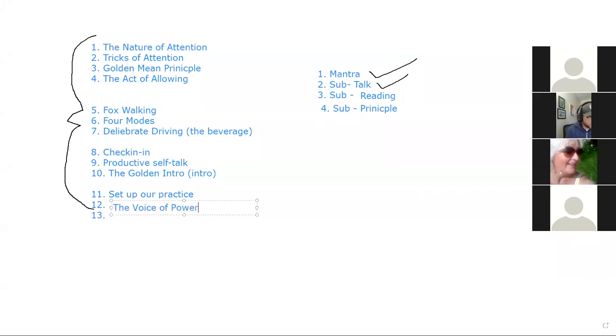And we are almost done with basic alignment. So this would be some of the most important topics that I think are absolutely necessary to building a solid T practice or mind space practice, whatever we're talking about.